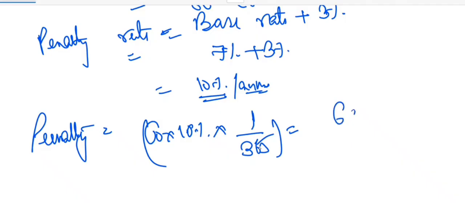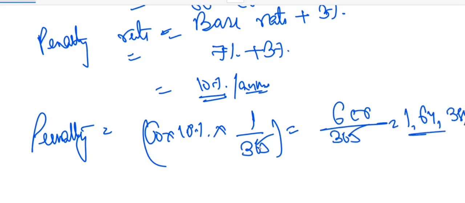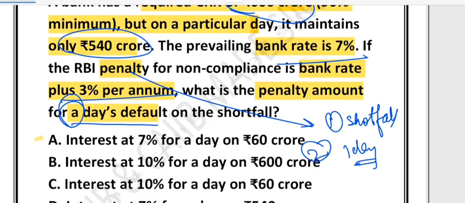So it will be how much? 6 crore divided by 365. So approximately, if you get the value, it will be 1,64,384, or we can say 1.65 lakh, right? For that day. So if you look at the options that we have,